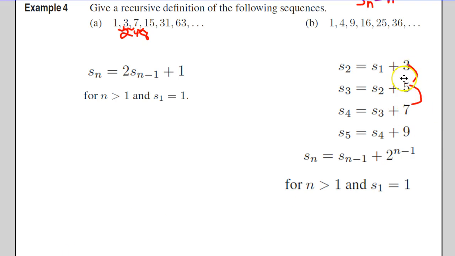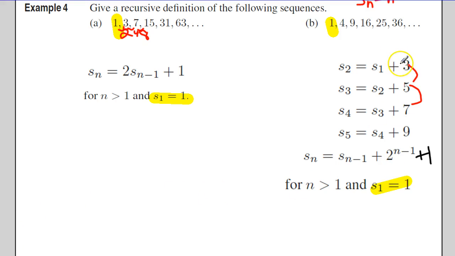I know some of you are saying, where did the 2 to the n plus 1 come from? And this is the point I wanted to bring up. Whenever you're defining something recursively, you definitely need to find what the starting value is. In this case, it was 1. And in this case, it's 1. But since I'm using the previous term, which in this case is 1, and I add 1 plus 3, so I can add plus 1 here. So then I will get,